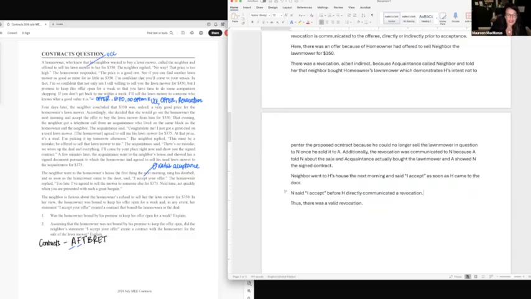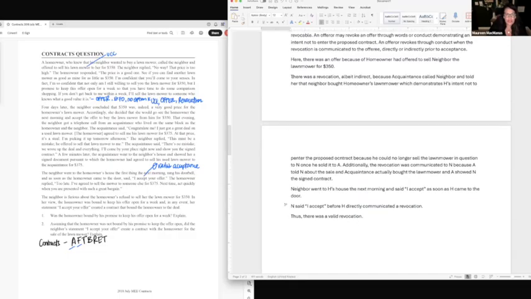Whenever I do my counter argument, which I'm doing now, I always do it after the analysis that I've done, and then I go into my counter argument, and then I do a conclusion. So, although, and this is the bad fact that we want to deal with, neighbor went to H's house the next morning and said, I accept, as soon as H came to the door, which means N said, I accept before H directly communicated a revocation,